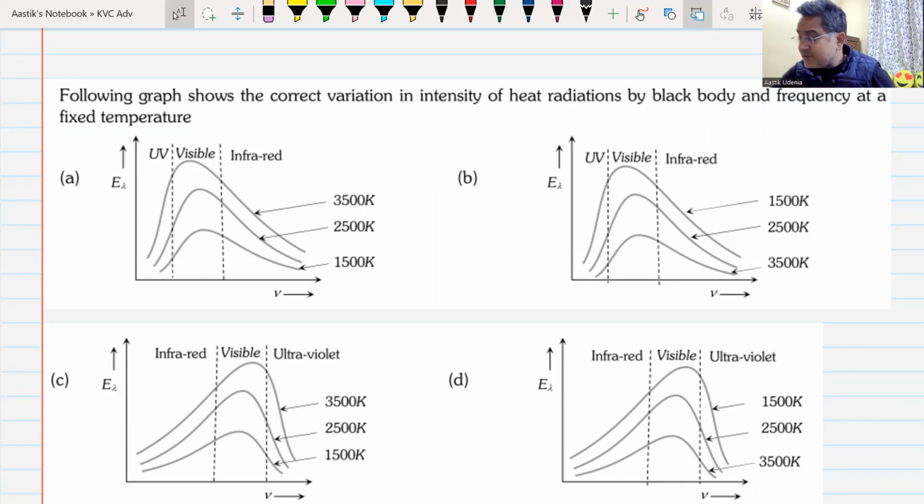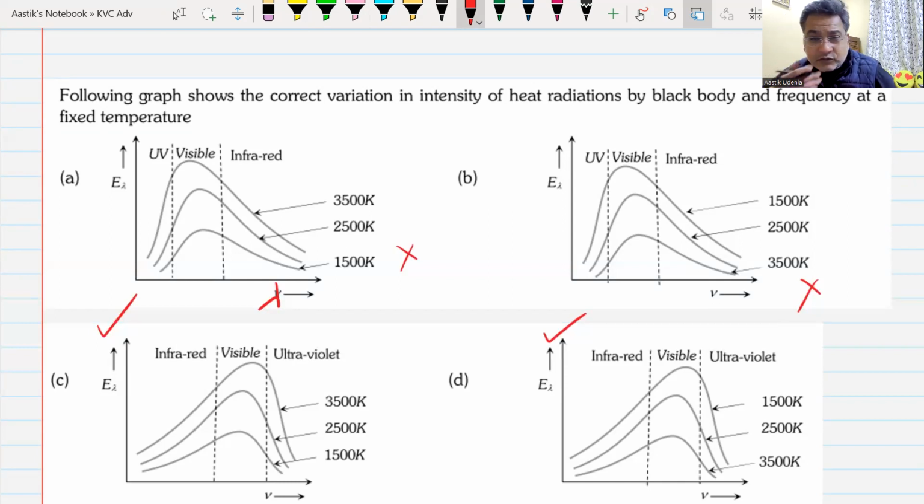Well, as I have already given you the diagram, this is the graph between... if this would have been lambda, this would have been the correct graph. Yes or no? Yes, sir. If this was lambda, then this was probably the correct graph. But this is F, so this graph is wrong. Only the correct options can be this one or this one. Yes, sir. Then you have to see